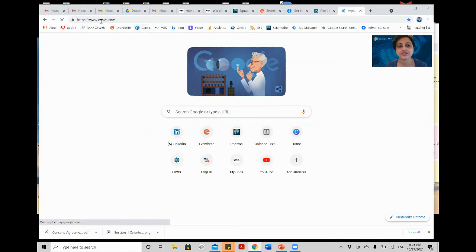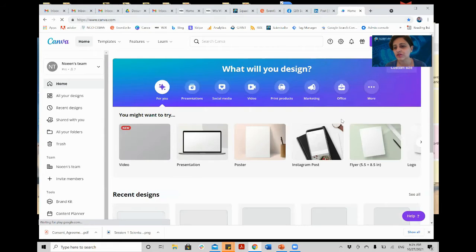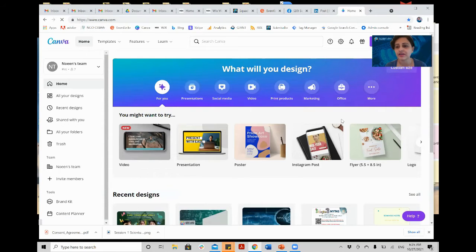Canva is canva.com, and you can also connect to Canva if you like. They have the free version and they have the paid version too, but we are going to work with the free version.